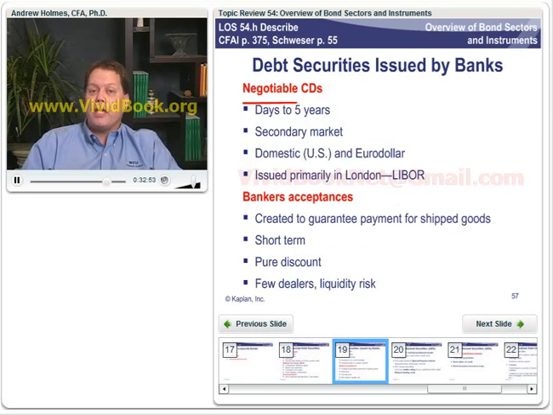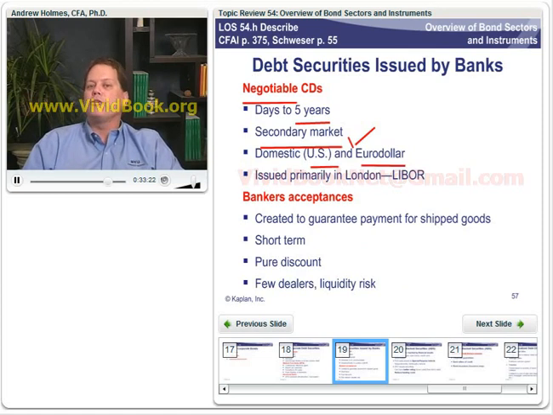So if you're thinking of personal investment, you're thinking of less than $100,000, then you're thinking of a CD. At the end of the commercial, if you live in the United States, you always hear "substantial interest penalty for early withdrawal." Well, that is true, but if you're talking about a negotiable CD, there's a secondary market. So if you buy a 5-year CD, and 6 months from now you decide you didn't want to be in that, you can sell it. We have that both in US and Euro dollars, issued primarily in London at the LIBOR.